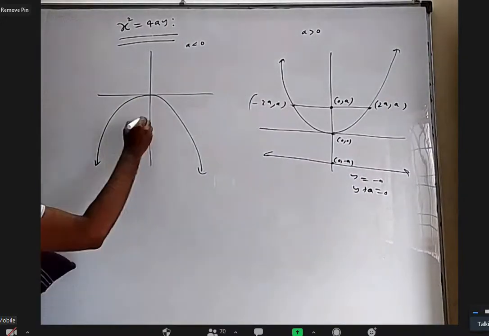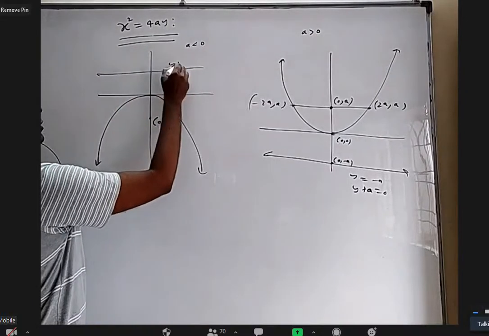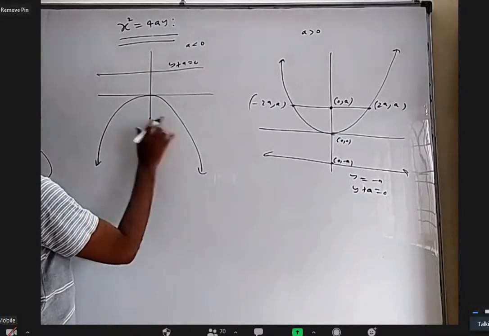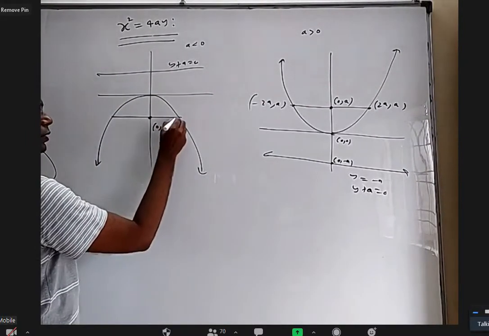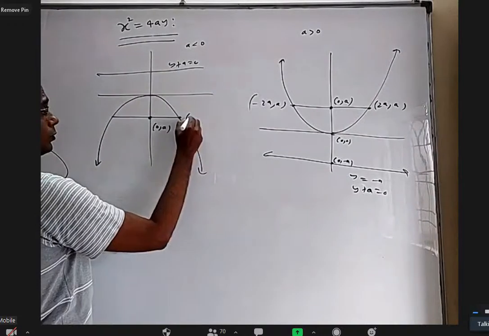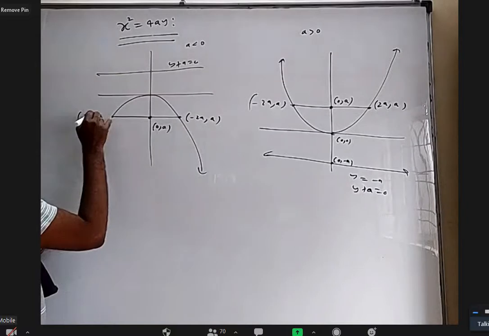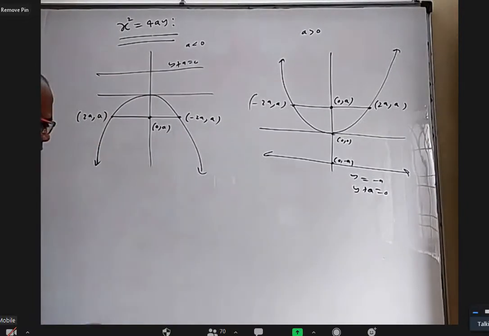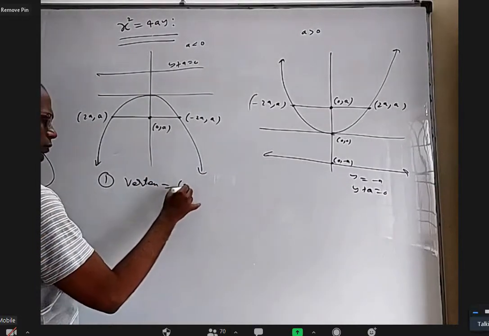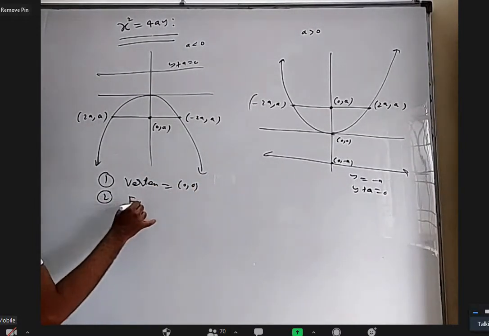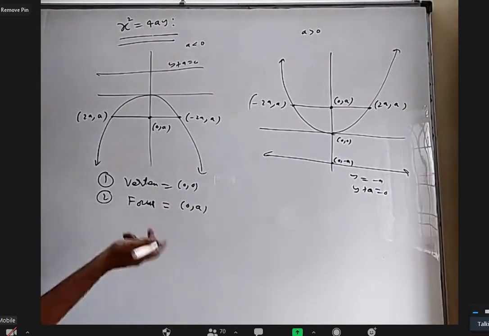If it is downward, still, because a is negative, the focus is still 0 comma a only. This is still y plus a equal to 0. And the latus rectum will be like this. This is 0 comma a. What is this? Minus 2a comma a. This will be plus 2a comma a. That's all, everything is there. Just to write, the vertex is 0 comma 0. Focus: earlier a comma 0, but now it is 0 comma a. Just reverse it, interchange x and y coordinates.